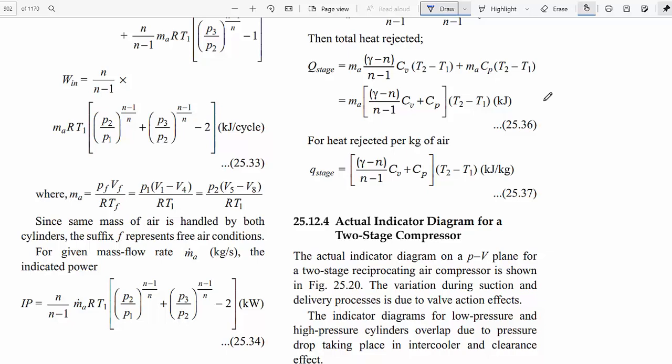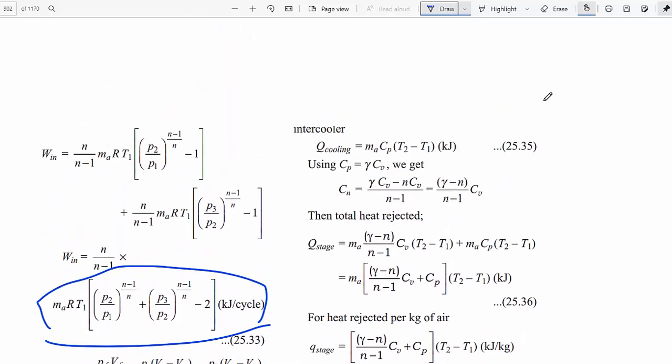Therefore I can write the equation like this, because in the previous formula the work done is